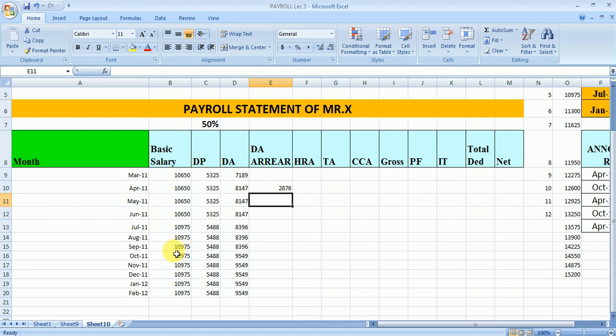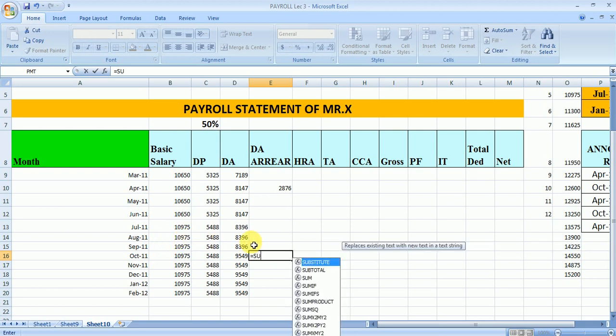Fine. Now we need to pay the DA arrears in the month of October also. Fine. So here, as we know, in October also the arrear for 3 months has to be paid, starting from July, August, September. In that case, there may be a chance the increment has been given in the month of August, so ultimately the salary will change.